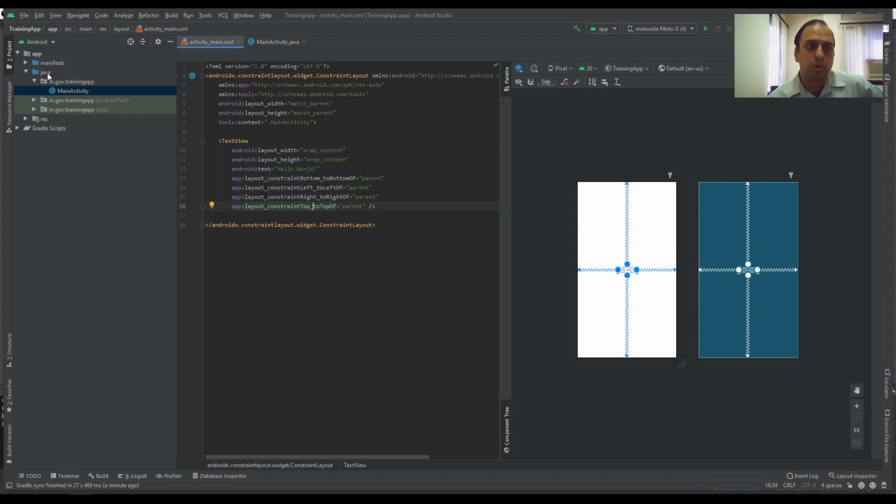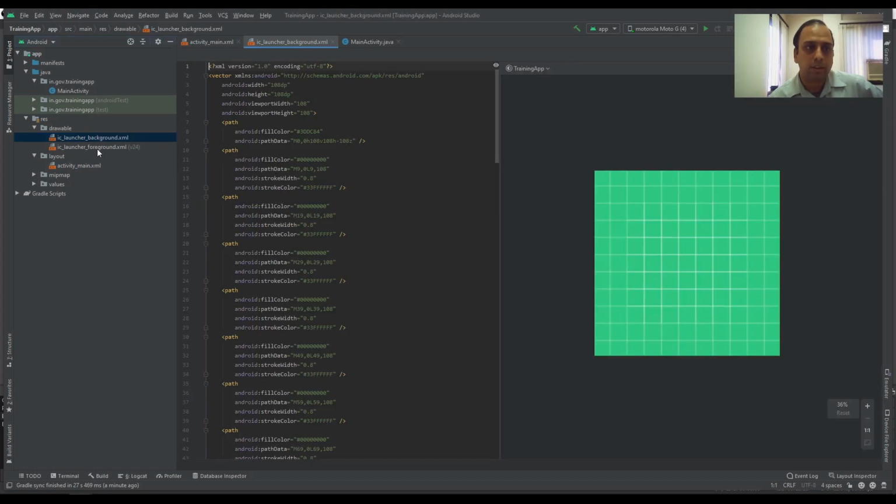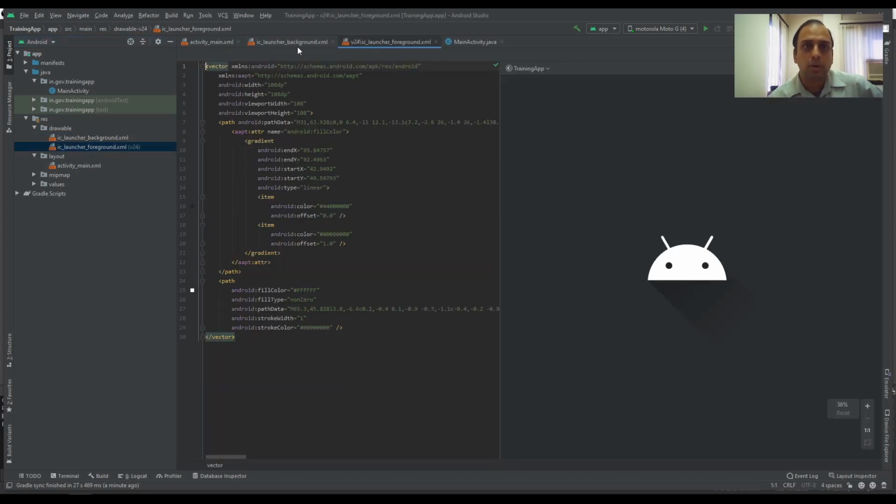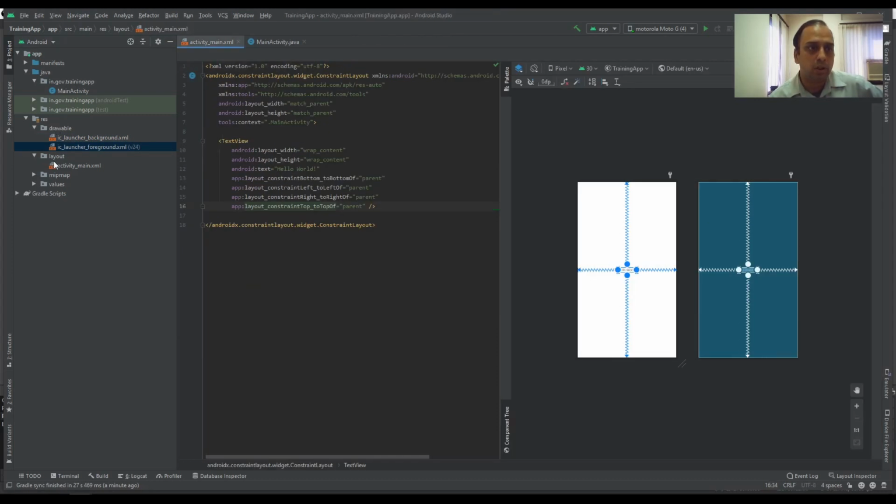And on the leftmost side I have the explorer kind of thing, where I can explore through the different parts of the app. So the most relevant parts will be the Java folder, and the resources, layout, and the layouts. All the layouts will be residing inside the layout folder. All the graphics, like for example this is the background of the icon, this is the foreground of the icon. These all graphics will be residing inside the drawable folder. Bitmap are all the dimensions, and values, here you can see colors, strings, and themes, and everything. Okay, so this is the explorer kind of thing.